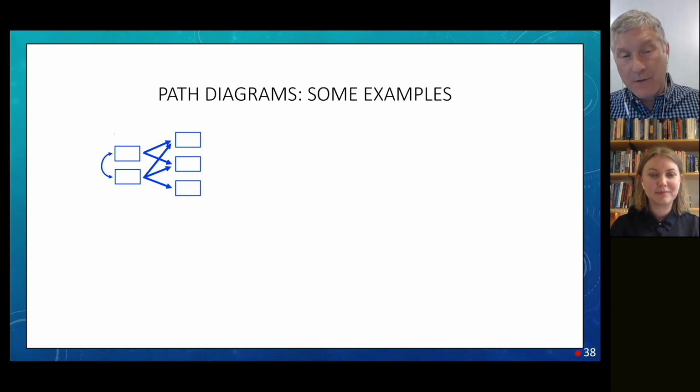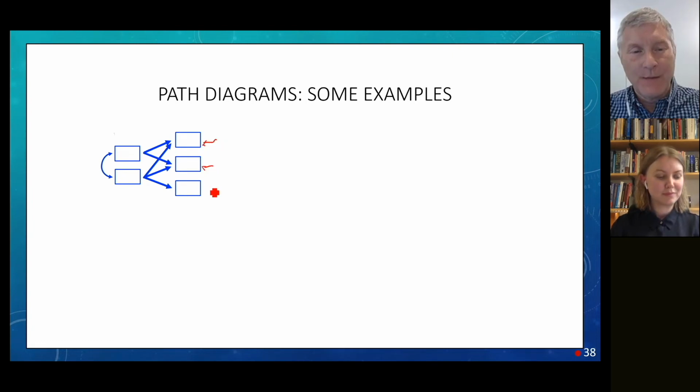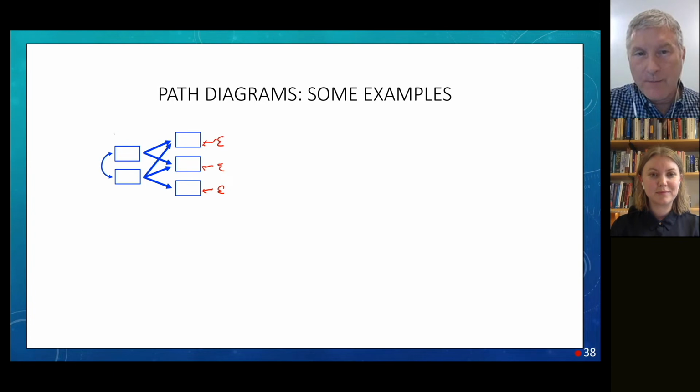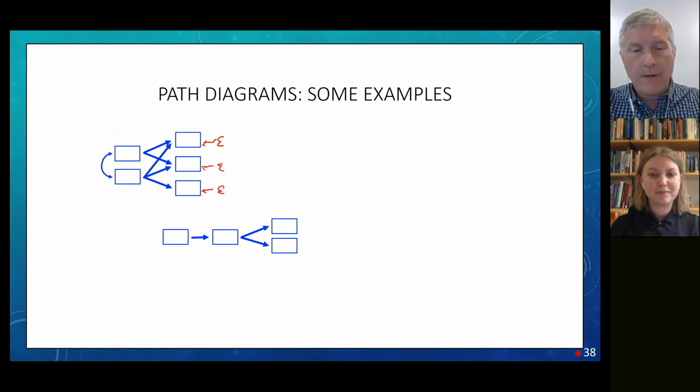Now, what's not shown in this figure is the fact that these dependent variables have other things influencing them, which would be in the form of errors. So if I were to be complete, which sometimes we will be and sometimes we won't be, there are these other things, these residual influences on those dependent variables that sometimes we just get too lazy to write, but we know that they're there. That's an example. Already it starts to leave the world of multiple regression, in the sense that, wait, which is my y variable? The answer is you've got three y variables, and standard multiple regression is not even equipped to handle multiple dependent variables. What about some other pictures?